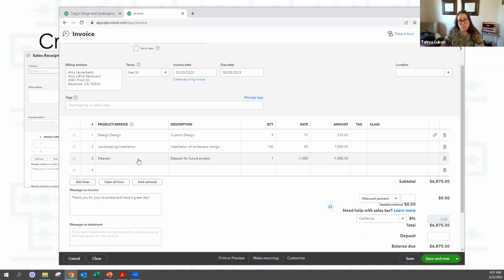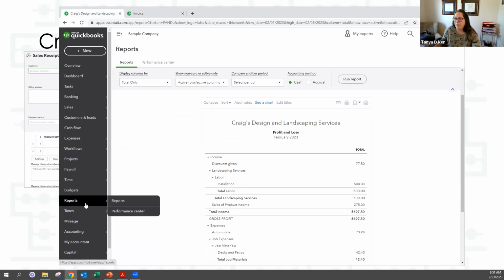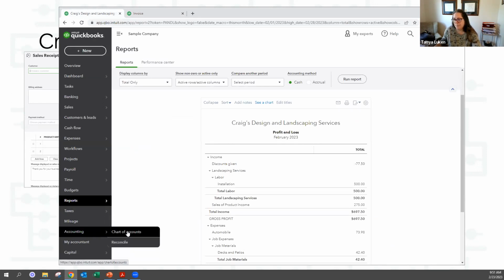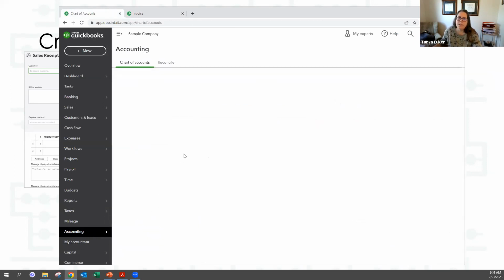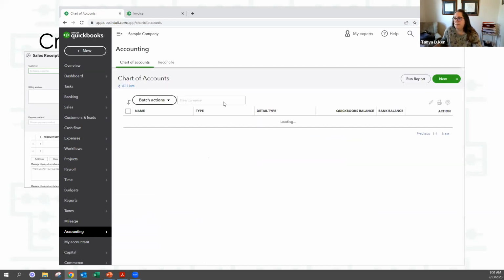On the very last one, the last time you're ever going to collect money or give a receipt or an invoice to that customer, you're going to invoice for 100% of the job, and then you're going to put deposit minus $1,000, or however much, or however many deposits you collected. When you do it like this, it's nice because it lets you run a report on it. We're going to cover reports in a minute, I promise.